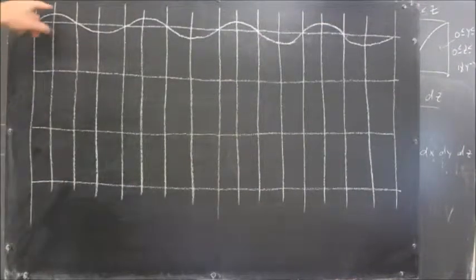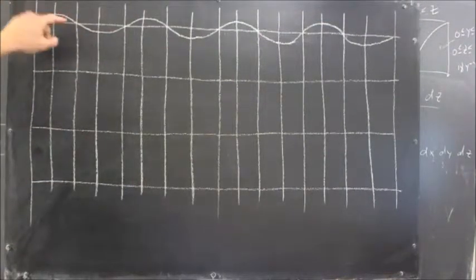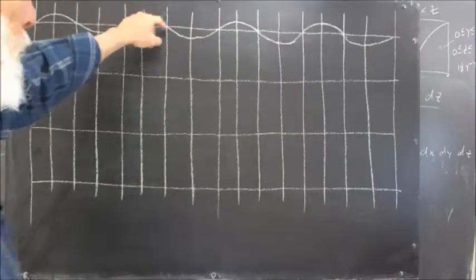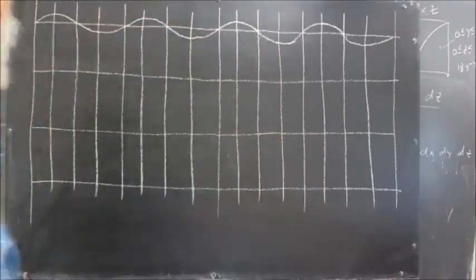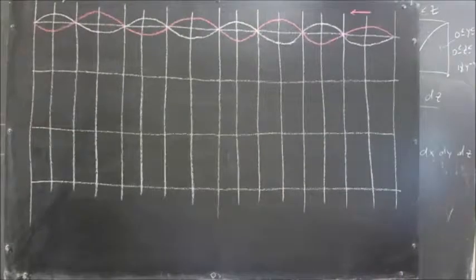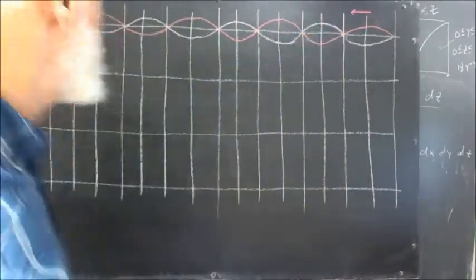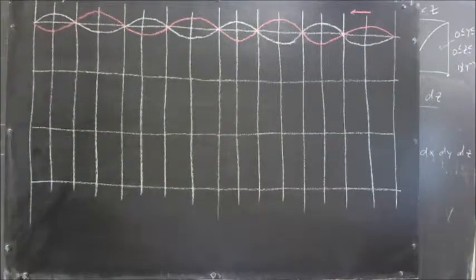Here we have the first wave peaking, then back to the axis, valley, back to the axis, peak, back to the axis, etc. And we're going to draw the reflected wave. So you might think about how that reflected wave would be drawn. Okay, here we have the reflected wave, which is exactly 180 degrees out of phase at this point with the